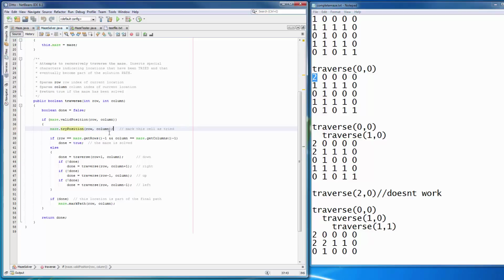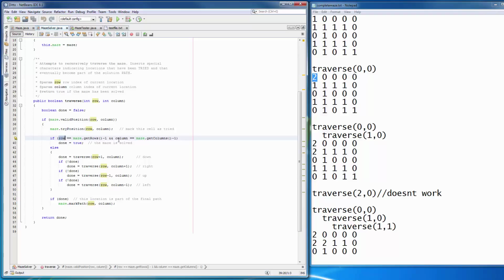So let's say I've marked it. Since this is a recursive method, one of the things I need to think about doing is checking to see, am I at my base case yet? One of the base cases is if we're at the end of the maze. Am I done yet? The way I can do that is by looking at the current place I'm trying to traverse, some row and column. I'm trying to enter some cell. Well, is the cell I just entered, which I've marked as number 2, meaning I just visited it,